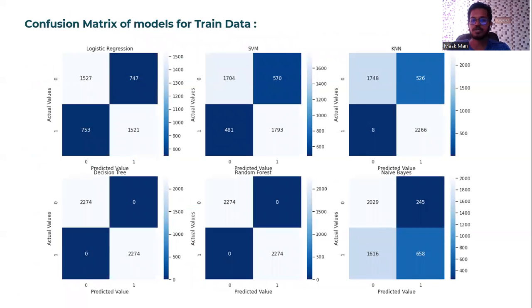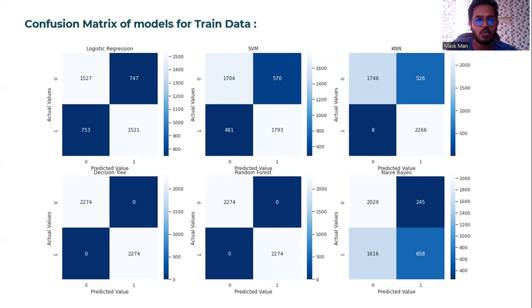And after that, the confusion matrix. After fitting the data into these six classification models, first we have to evaluate the training data. The confusion matrix simply shows 0 and 1 actual values and predicted values. First, logistic regression. After training the model, these visualizations are the confusion matrix for the training data. If you see, the model correctly predicts 1527 zeros and 1521 ones,